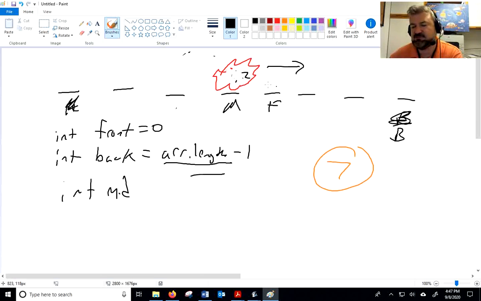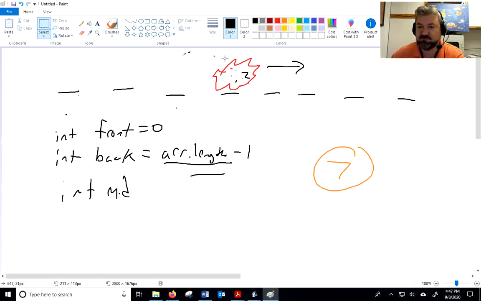And basically, we're just going to keep doing that until we find it. But as you know, how are we going to know when we didn't find it? Well, the way you're going to know that you didn't find it, when you're going to stop doing this procedure, this loop,